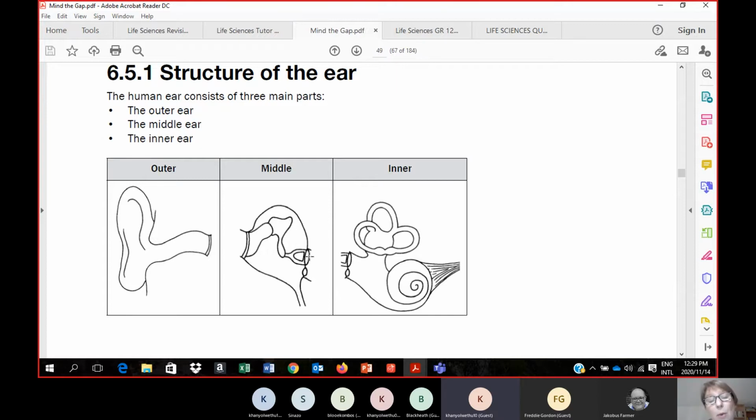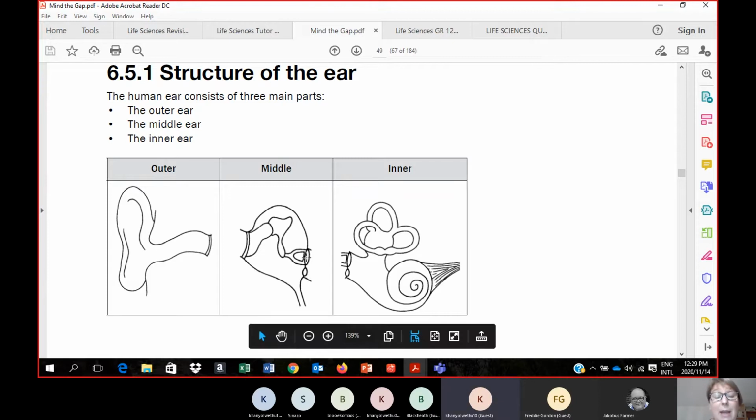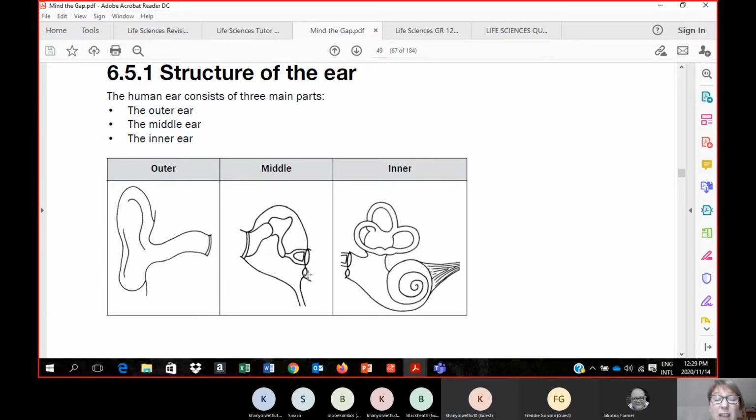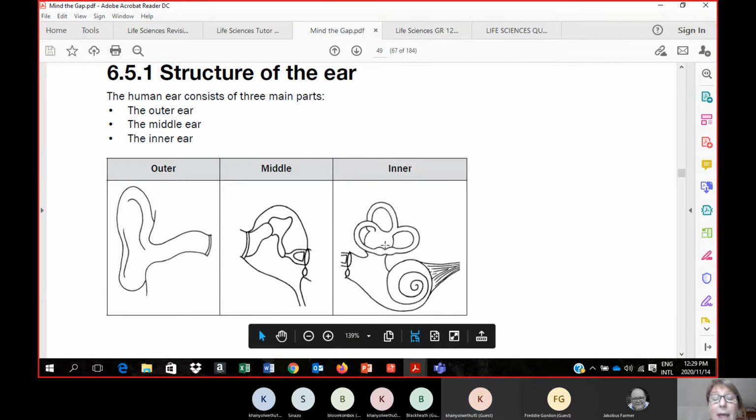There's your, oh, I always get confused with this, but I think this is the round window. I'll check just now. I get mixed up, which I should know by now. And that's a little membrane. And there's the oval window. I'll just check that I haven't got those two wrong. Then over here, you've got your 3 semicircular canals. And this little bit that looks like the shell of a snail is the cochlea, and that bit is the